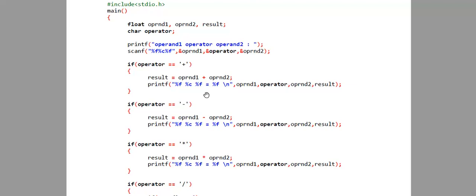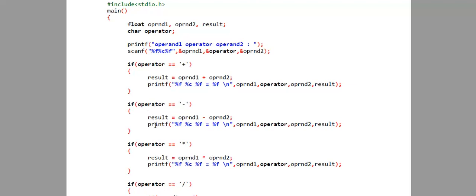Next, we will check if the operator is equal to minus. We know how we represent a character constant in single quotes, so in single quotes, minus, we check whether the operator is equal to minus.